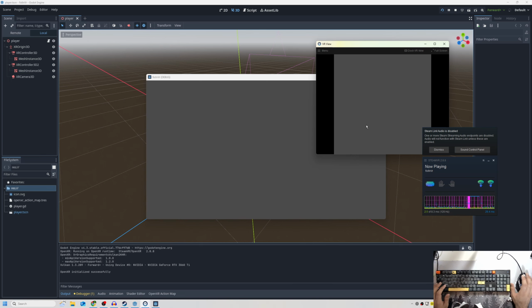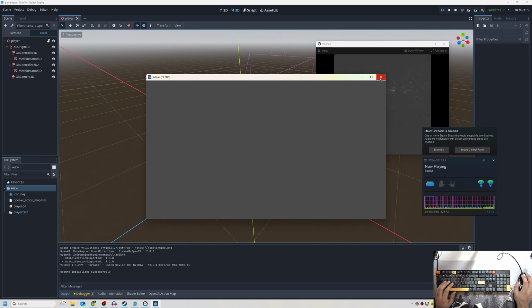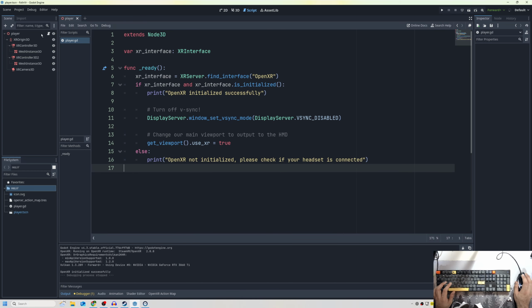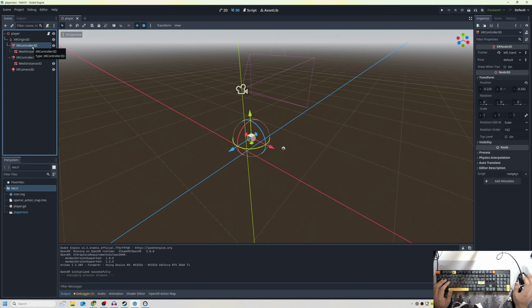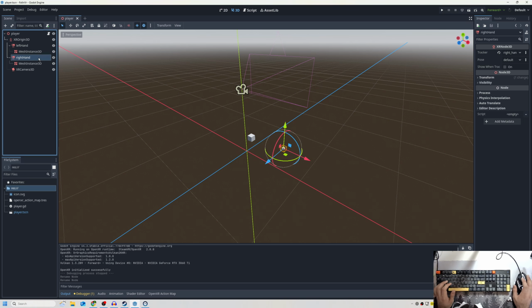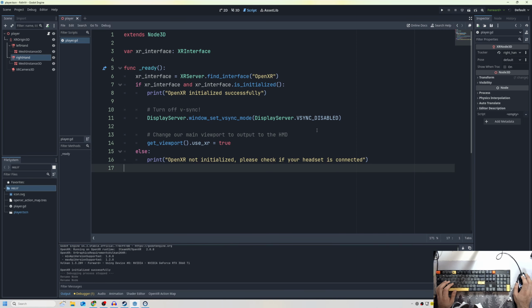But essentially, to make the buttons work, if I X out of that and go over to our player scene and click on our XR controller, I'm just going to rename this to left hand. So I have my left hand there, and I have my right hand. Am I spelling that right? Right hand? Okay, so the idea is, I have my left hand here, and if I click on my left hand and